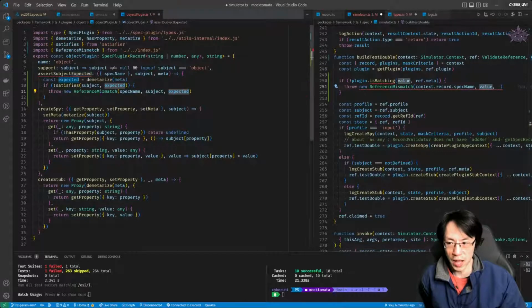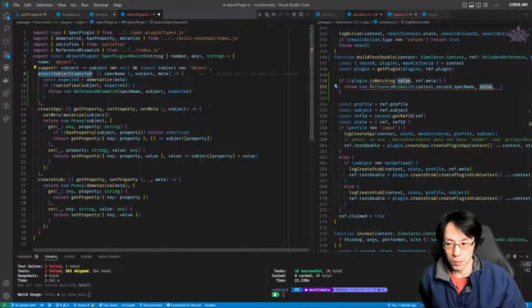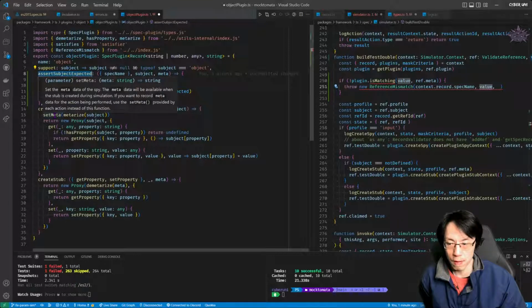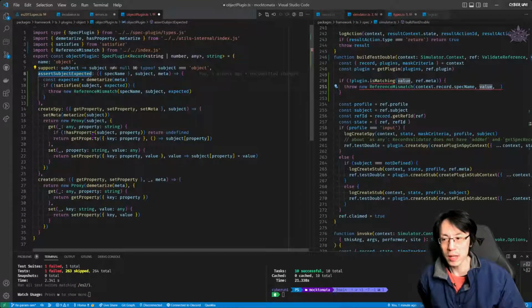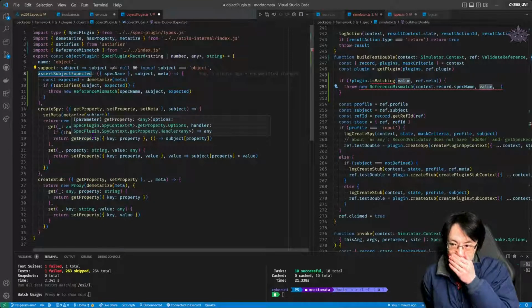All I don't have is the expected value. So that's why it's dematerialized. However,